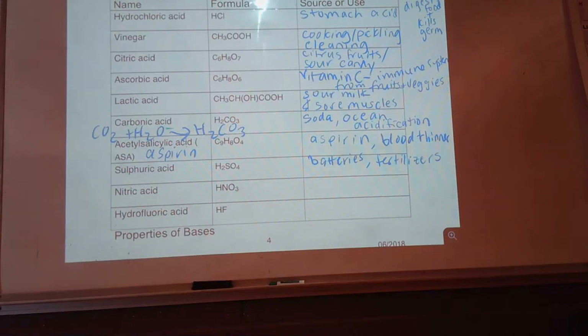Nitric acid. I'm not sure if I'm aware of any way that we use nitric. What do you think, John, for nitric acid? Easy ways to think. It's also used as a strong oxidizer, so it's a little bit tricky. It's not always used as an acid. Think about that. Maybe it's in the atmosphere, maybe with pollution and stuff like that. Yeah, I think it's one of the byproducts of nitrogen